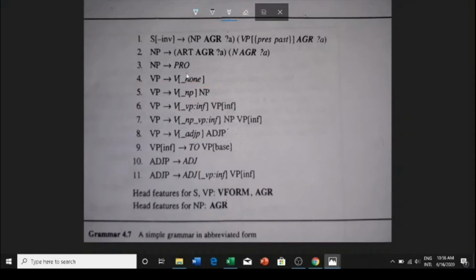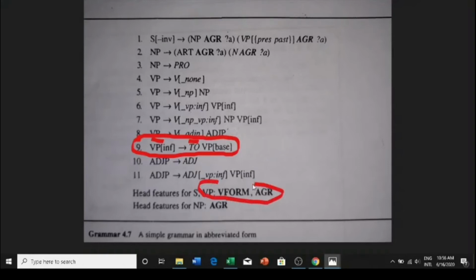Okay, so we are searching for a rule, and we see a rule numbered 9. So this rule is a prospective match which we can use. So this rule, rule number 9, is taken. Before taking that rule, we are going to analyze which is the mother and which is the head constituent. The mother is this VP, and the head constituent here is to. So what are the things that they are going to share? They are going to share vform and agr features, which are not given here explicitly.